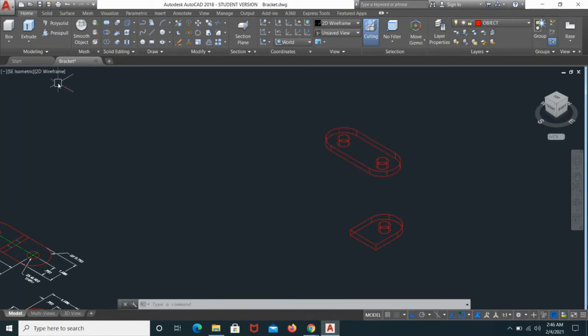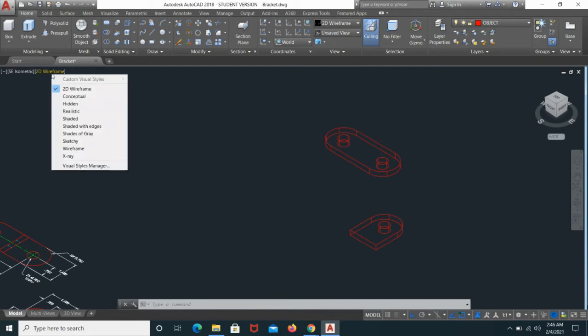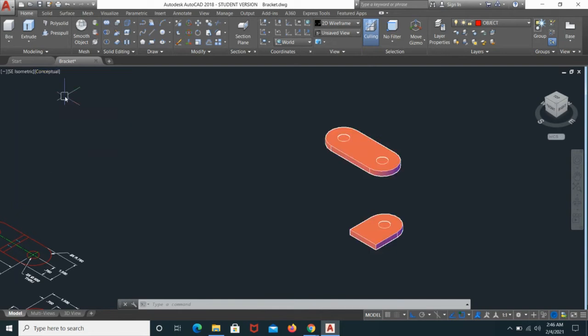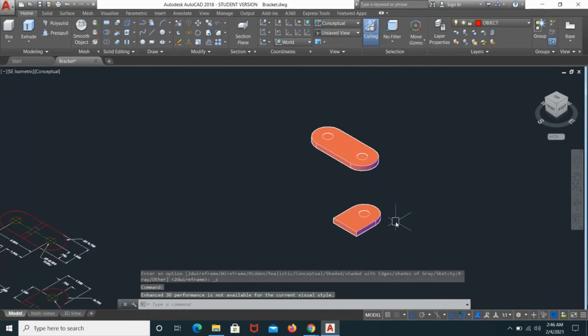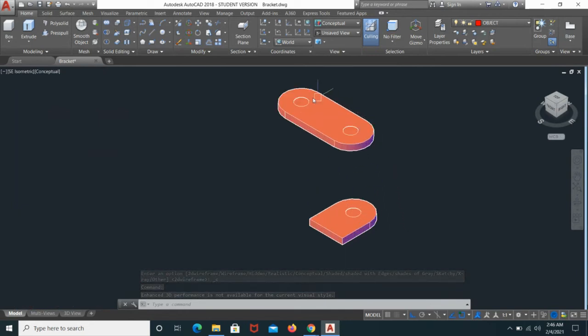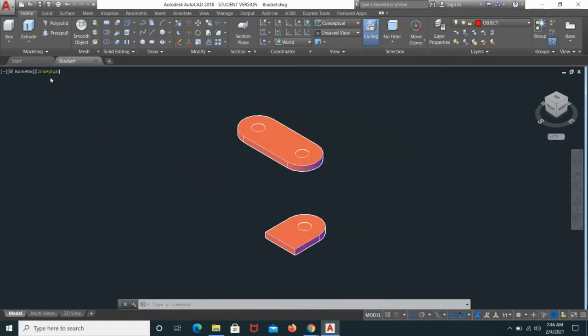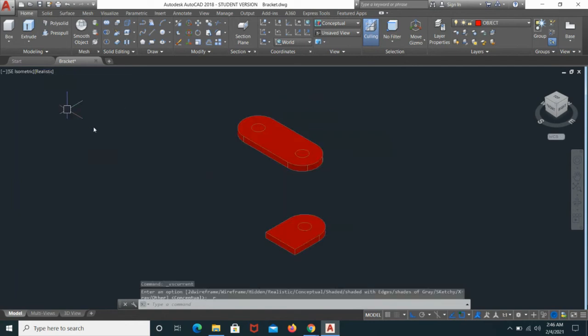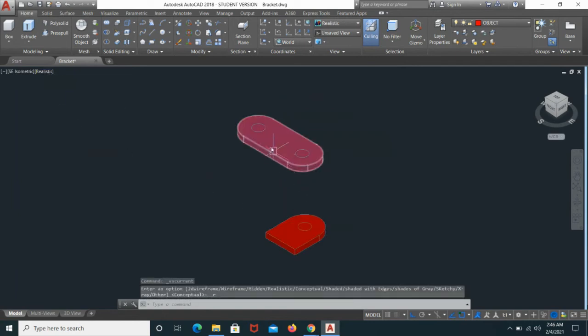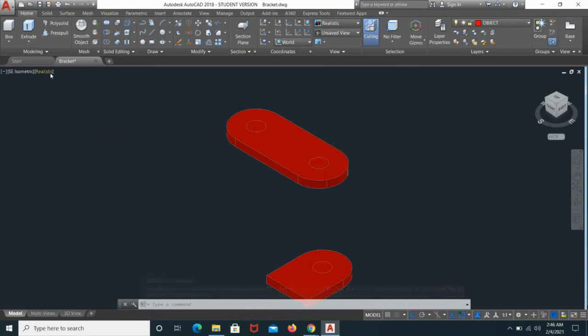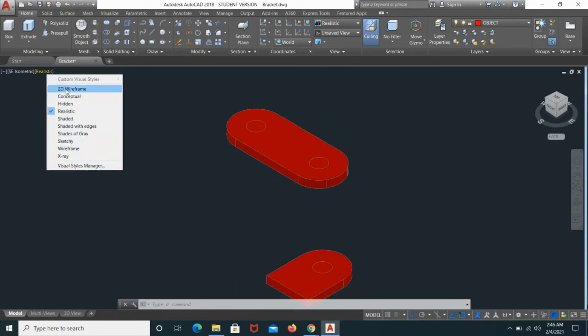Okay, let's change the visual style. In the drawing area, upper left-hand corner, click on the 2D wireframe and change to conceptual. You notice right here we're shown the holes in here, but it needs to be a hole through. So we can fix that by using the subtract tool. Let's go back to the visual style, click on conceptual and go to realistic. You know, there are circles in there and not a hole through. Okay, so we're going to go back to the wireframe